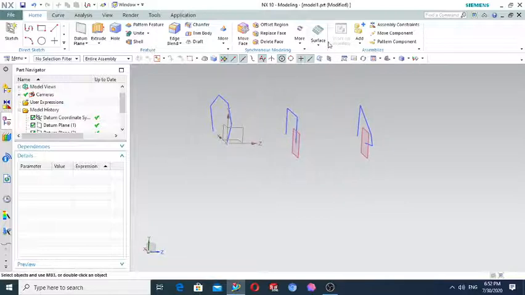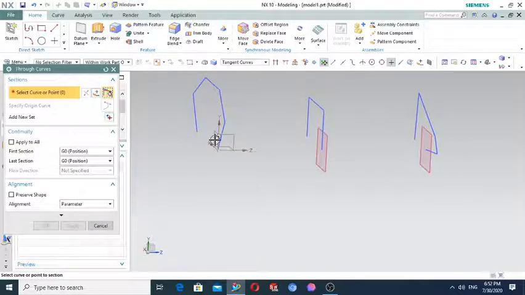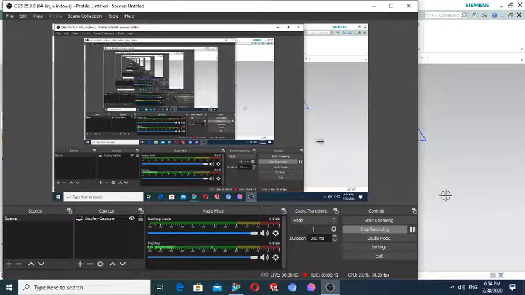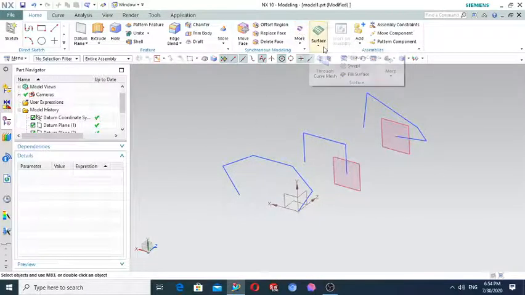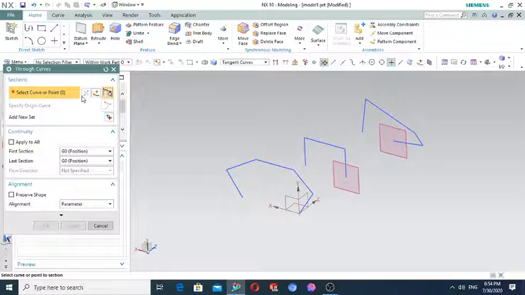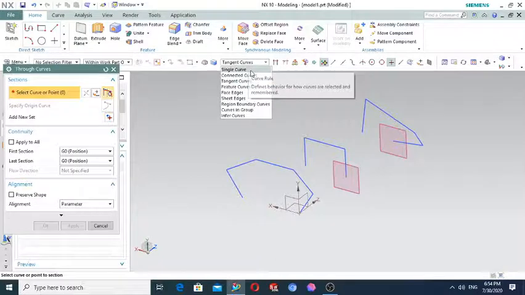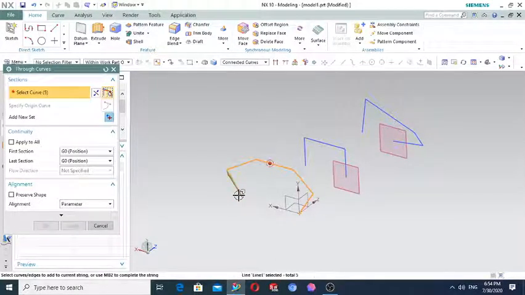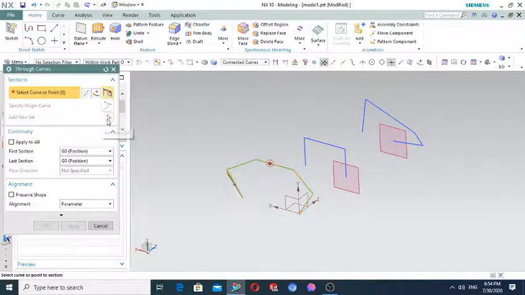And now using the surface through the curve, select this one, add new set, select this one. So let's firstly open the through the curve and select this sketch step by step. In order to do this, let's make this the connected curve, and select this sketch, add new set,